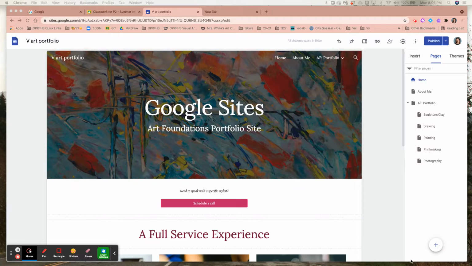So this particular class, you'll start out with Art Foundations, and then you can create new pages as you go in your website for your other classes. For example, you might have a drawing page, and then you'll have all your drawings inside of that particular class. This one will be your Art Foundations portfolio. Inside of it, you will have sculpture or clay, drawing, painting, printmaking, and photography. So let's get started on what are the first steps that you need to do in order to create this